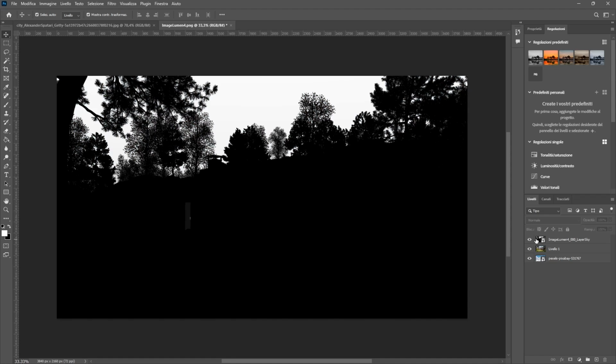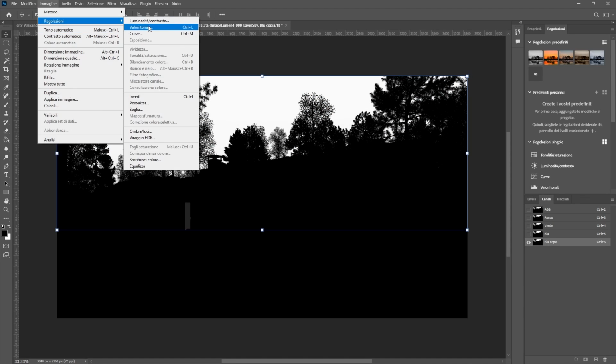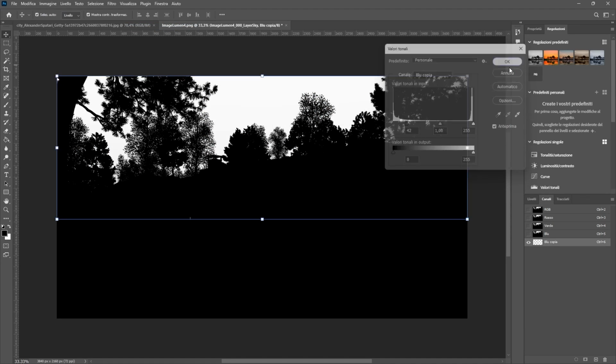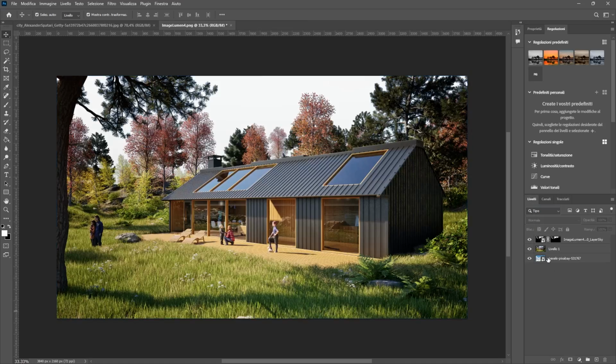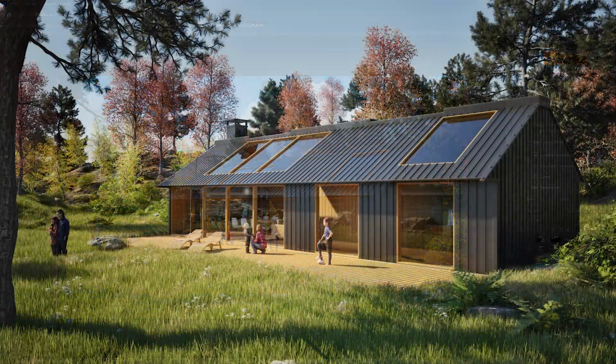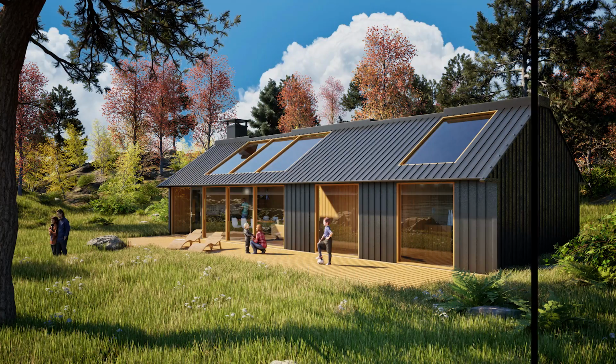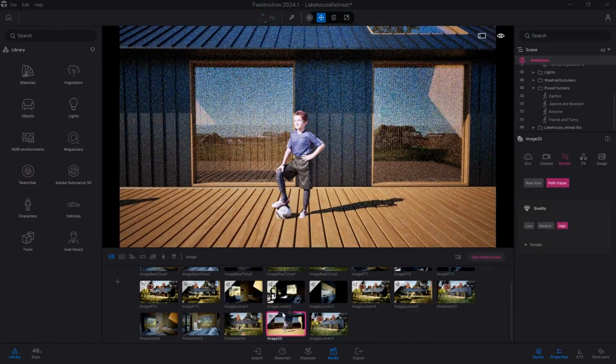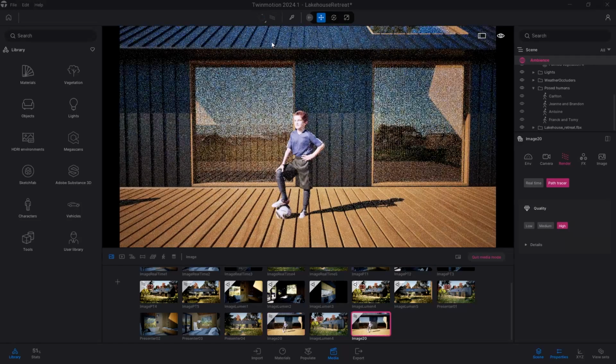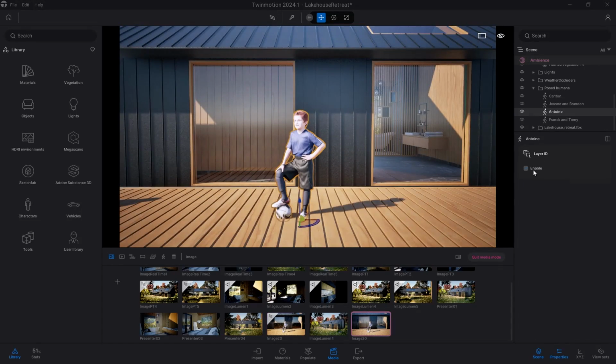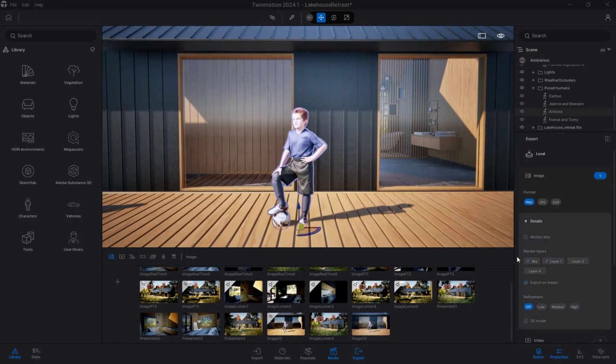like Photoshop. Taking advantage of the white of the render alpha, I delete the sky from the render image in Lumen or Path Tracer, and at this point I insert the background I prefer. In addition to this, rendering with layers also allows you to improve the graphic quality of many 3D models, such as people, which do not render very realistically.